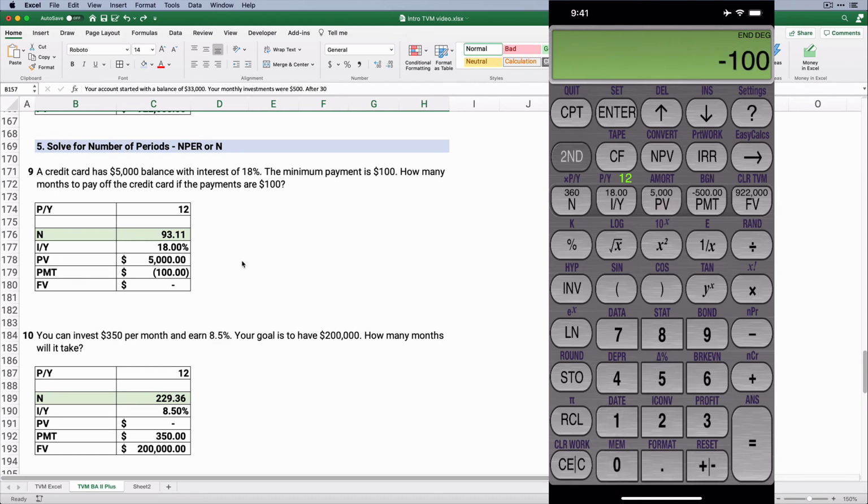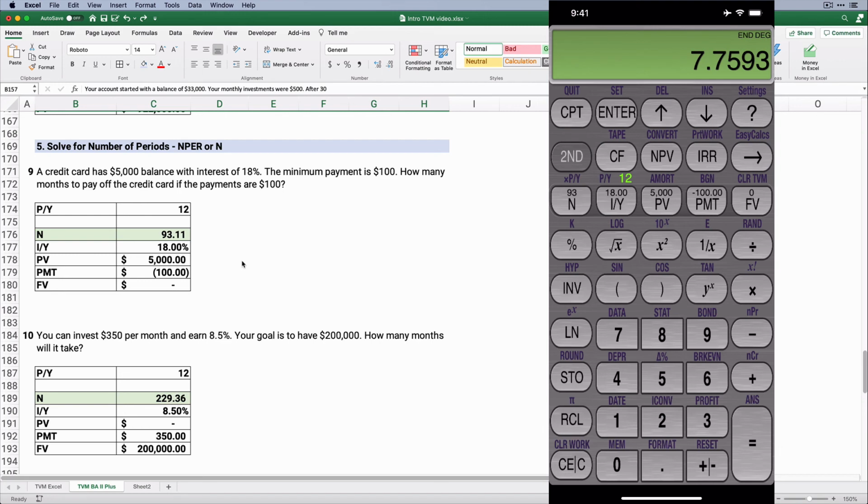Now I need to make it a different sign. I will make it negative. So 5,000, you see 5,000 is my register for present value. Negative 100 is the payment. And the future value is going to be 0. So how many months does it take? So I'm going to compute N, and it's 93.11. Now if I divide this by 12, that takes 7.75 years. It takes 7 3/4 years, almost 8 years to pay off that $5,000 balance if you make minimum payments of